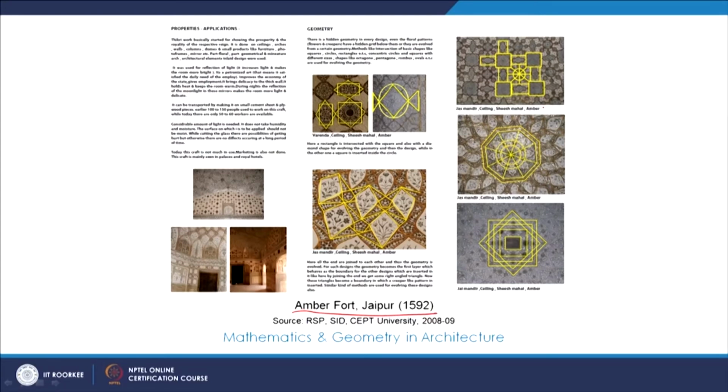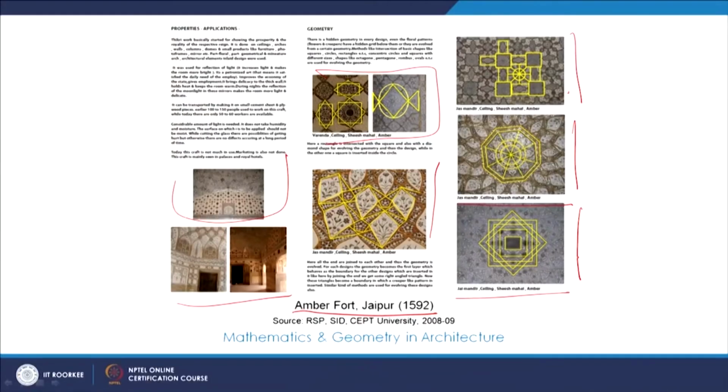If we see the crafts over here in the ceiling, the mirror work over here, here also we see the role of geometry, and here also we see mathematics in place. So whether it's the entire built form or the structure, or it's a surface application of a certain building craft, there is a role of geometry, there are the mathematical ways of calculations, and there are systems in place which enable us to create that built form or later decode it in terms of stepwise making or the expressions